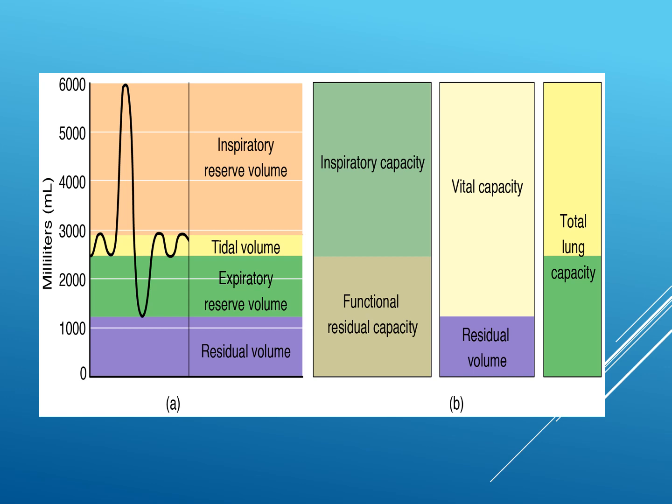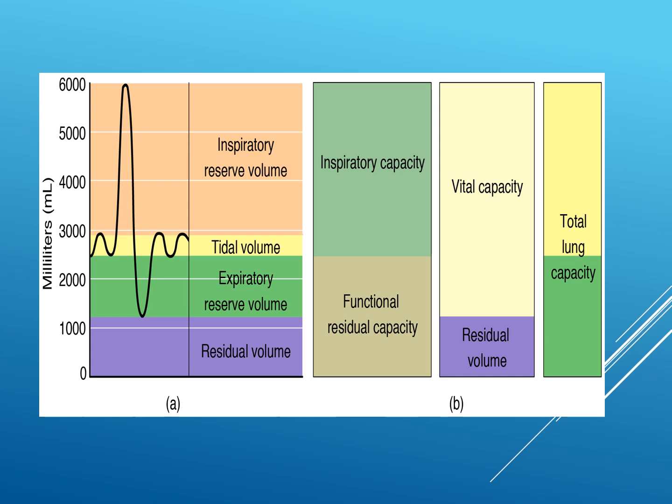And the next volume is expiratory reserve volume, and it is defined as the extra volume of air that can be exhaled by maximum forceful expiration over and beyond the normal tidal volume. So the central one is the tidal volume. This is normal inspiration and expiration during quiet breathing, and the inspiratory reserve volume is the extra amount of air which is inspired beyond the normal inspiration, that is beyond the tidal volume.